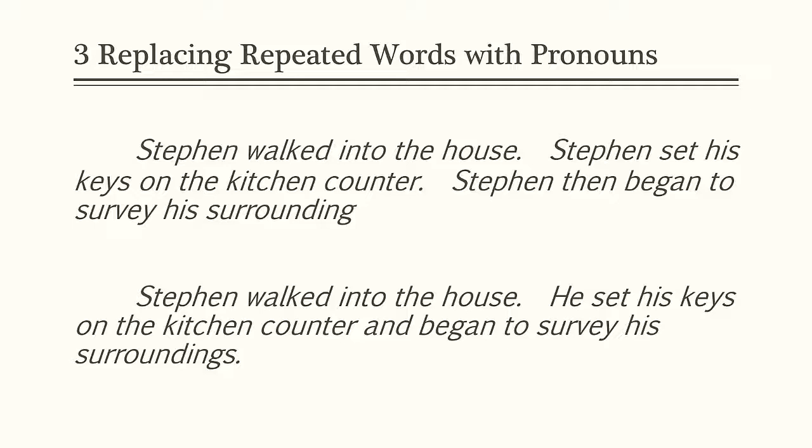Stephen walked into the house. He set his keys, notice he is replacing Stephen here, on the kitchen counter and began to survey his surroundings. His is, and then we got rid of the third Stephen just by conjoining two sentences together via a conjunction, an "and", so we didn't have to repeat who we were talking about. So this is one of the ways to do it. I actually showed you using pronouns and then using a conjunction of a sentence to get rid of the repetition